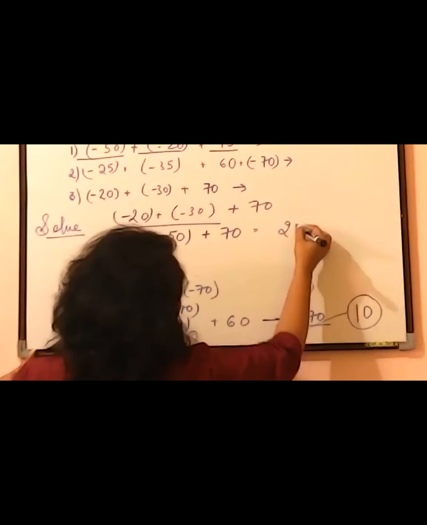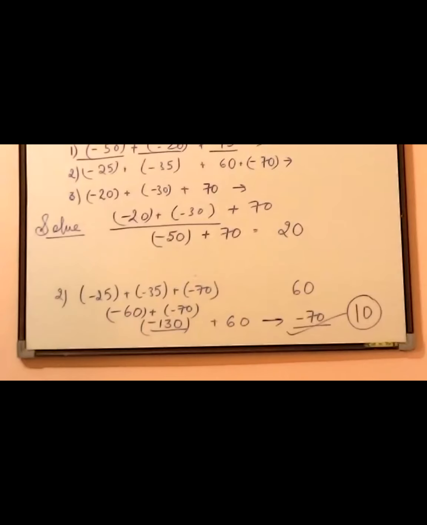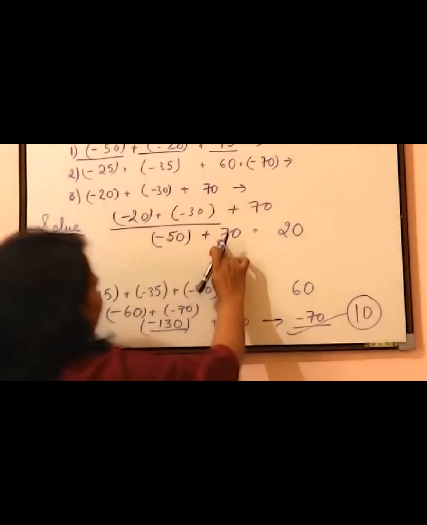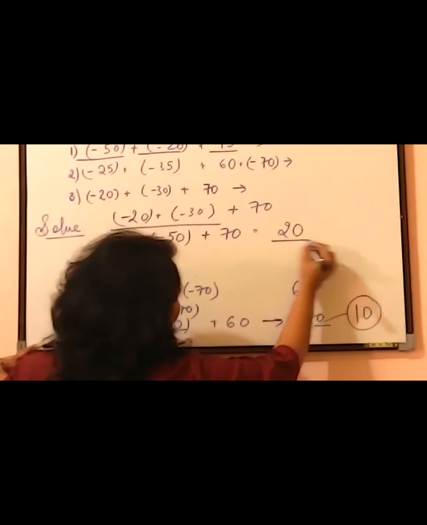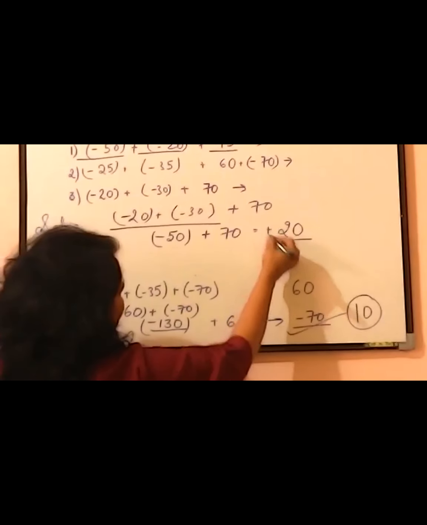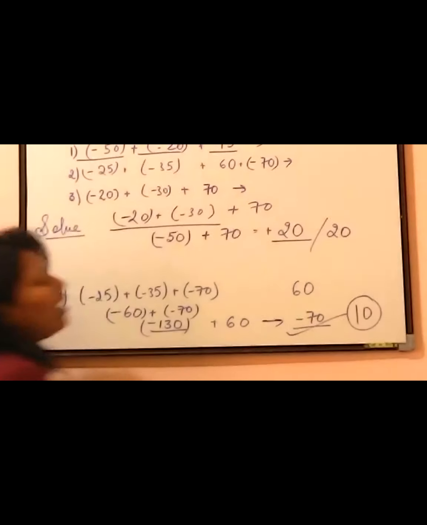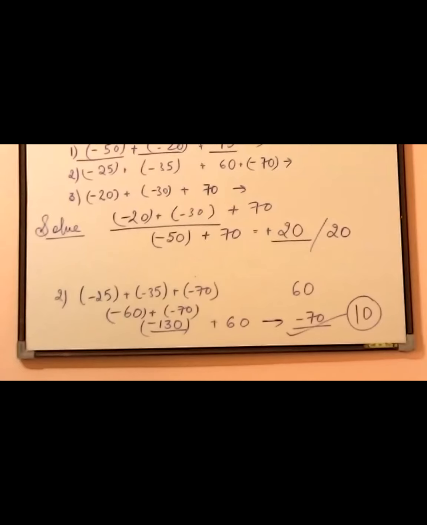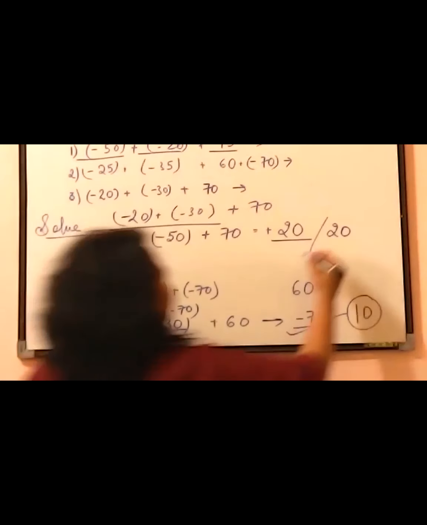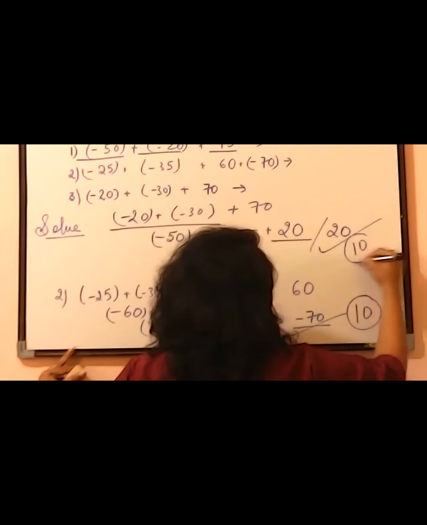दोनों subtract हो जाएंगे बेटा. And दोनों को subtract करने के बाद आंसर आएगा 20. 70 is a greater number, so the sign will be of positive. So either you write +20 or you write simple 20. Both are fine. And if your answer is right, you give yourself 10 marks.